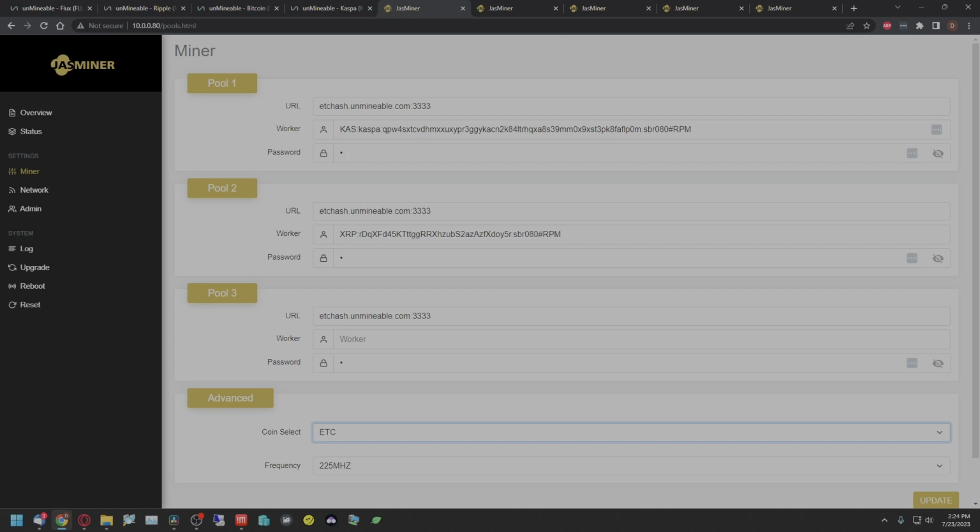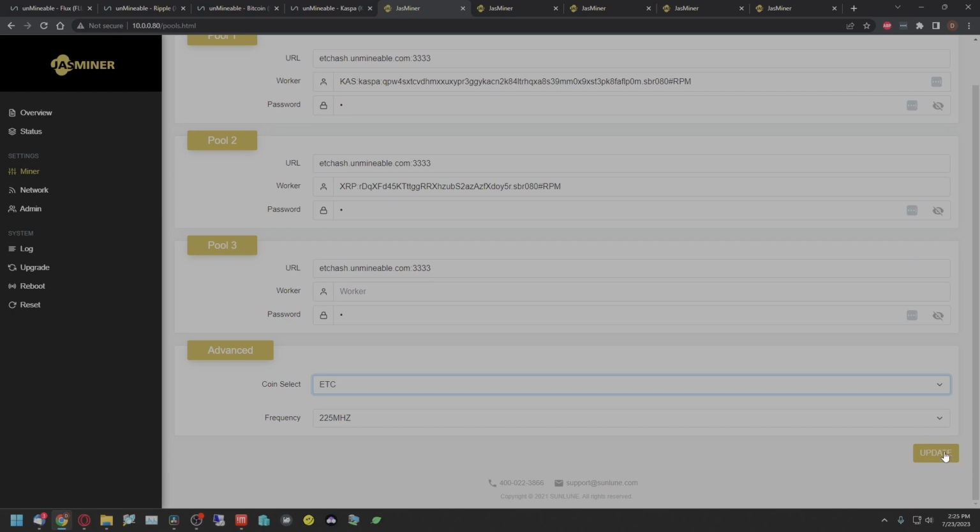Password, I just usually put 1 or X. I don't think the Jasminer cares, but I also have some Apollo mini V1 miners, and they will not work if you don't put something in for the password. And ask me how I wasted an hour of my life one night trying to figure that out. They quit mining when I took them and put them on Unmineable. After having them for about a month, I decided to put them on Unmineable, then spent about an hour, the dashboard would come up and say fan error. So if you have a V1 mini and it's saying fan error, make sure you got something in for the password field. But once you put all these in and click update